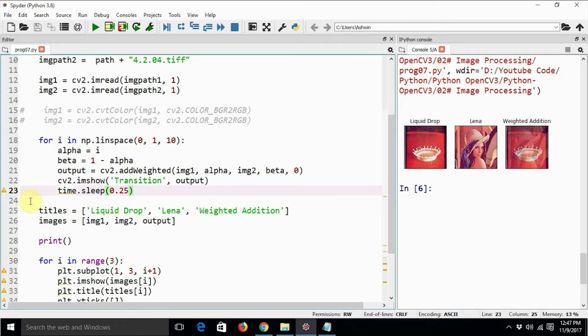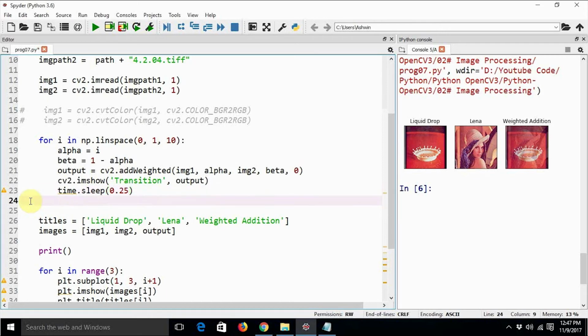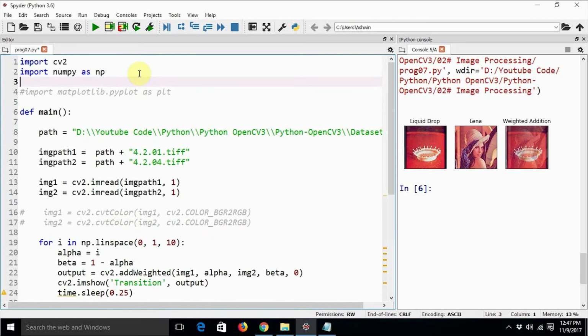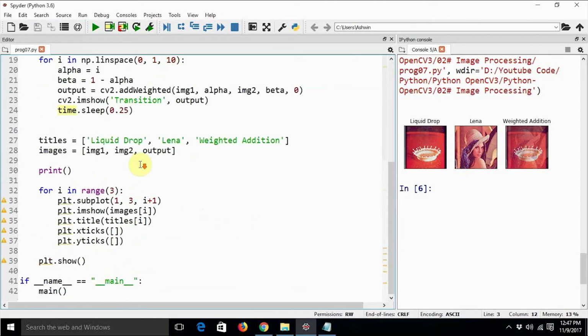Every time it is going to change the image, calculate the output and show it 4 times. For this I need to import the time library. Import time. Now the warning will go away. Yes, the warning has disappeared.